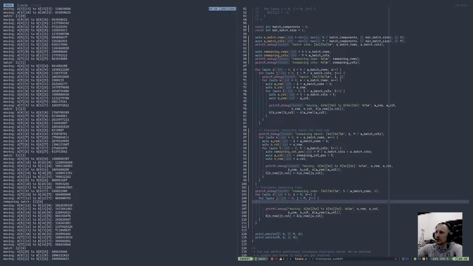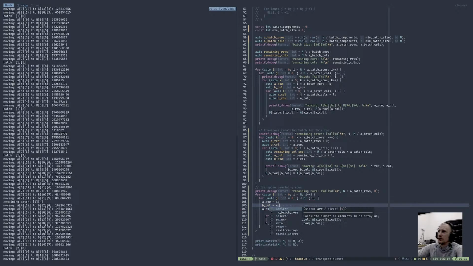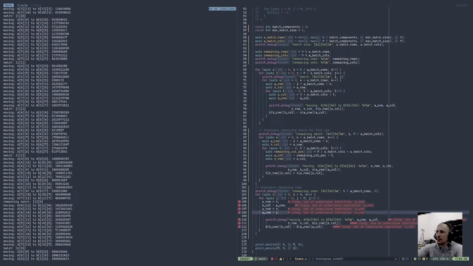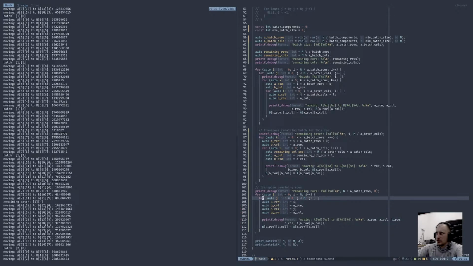So we need to find a row. A row is going to be equal to I, and B column is equal to A row. And then A col is going to be equal to J, and this will be B row is equal to A col. There we go. Okay, so now we got to auto all these, right? Auto them. And then